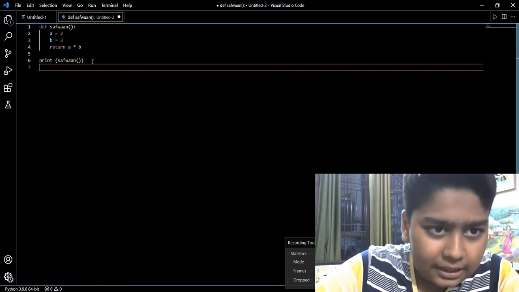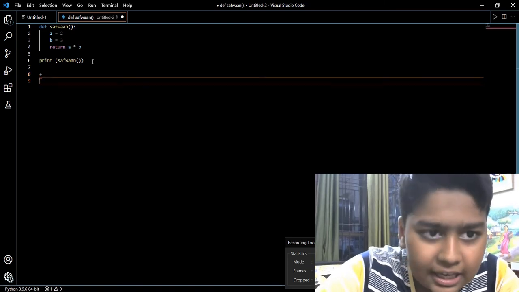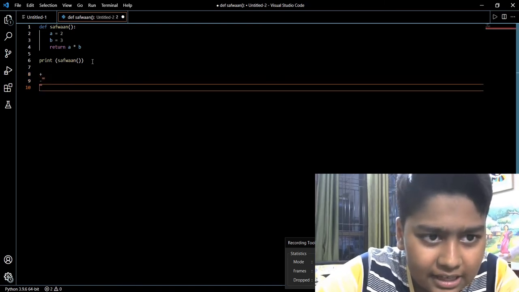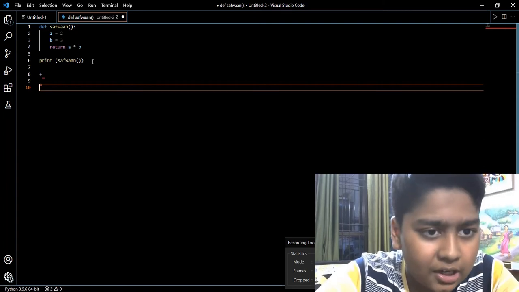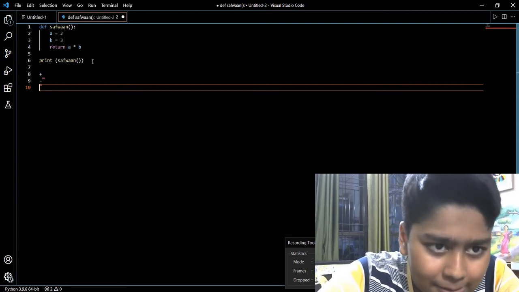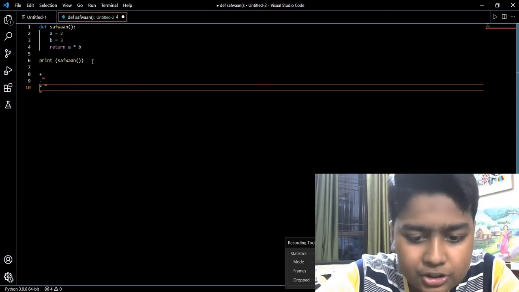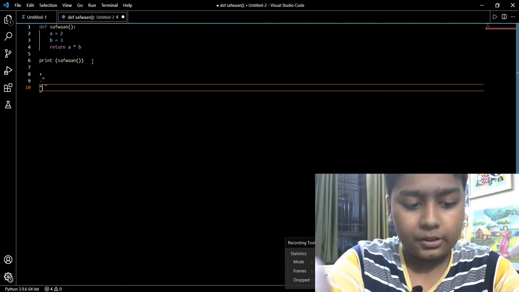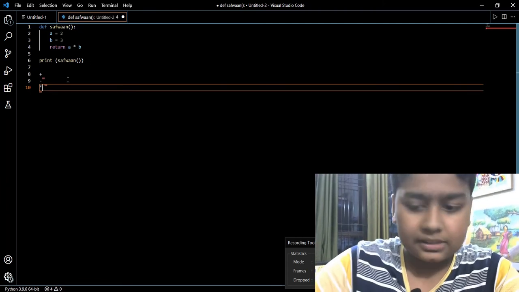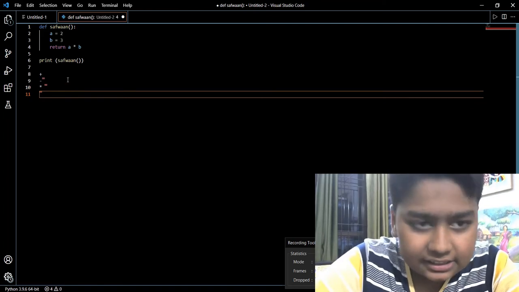But in Python, the plus sign remains the same, the minus sign remains the same, but the multiplication and division signs do not remain the same. The multiplication sign is a star, which you can see on your keyboard above the 8, so you press shift and press the 8. Then the division sign is a slash.